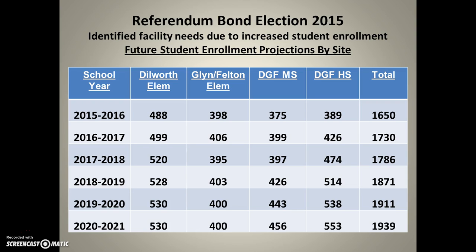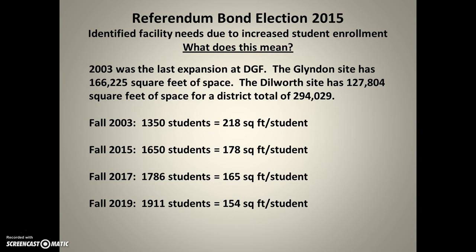So we're at 1650 currently. You can see the distribution that will be by fall of 17. The high school will be seeing a gain of over 80 some students within 2 years. Put it in perspective,